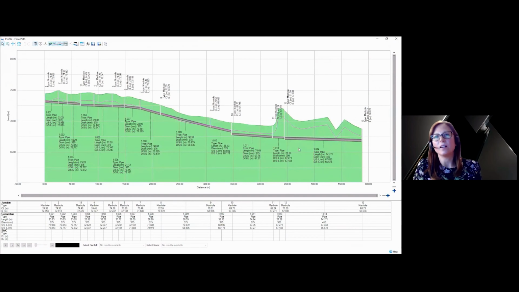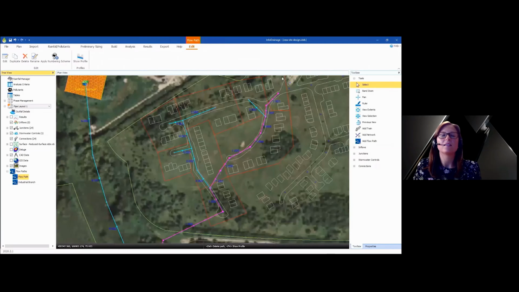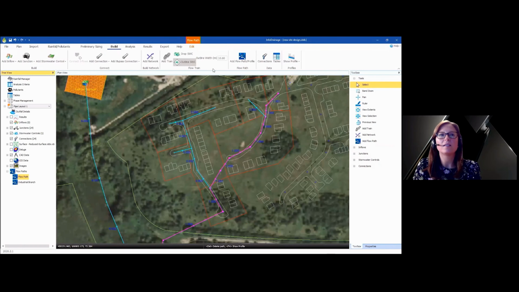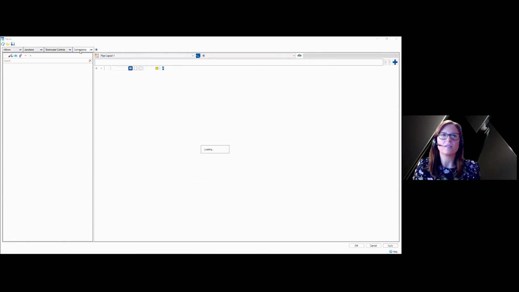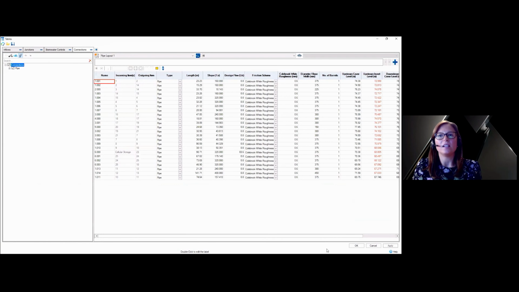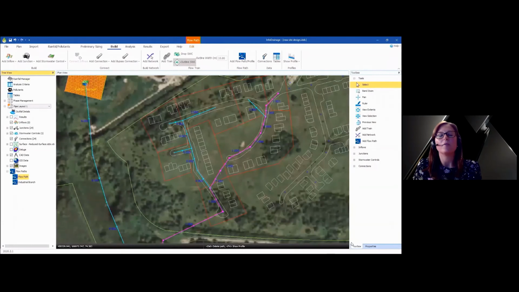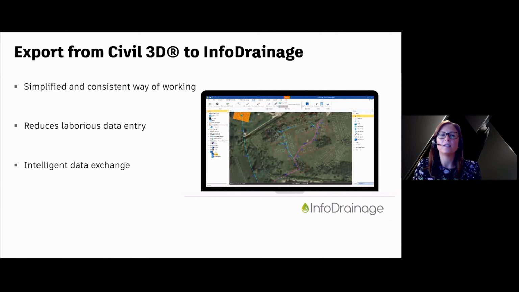Then we open the file in InfoDrainage and we can see that the network has been imported, a slightly more complex version of the design than shown in the individual steps, and we can then go and interrogate that in InfoDrainage and run through those various design aspects.